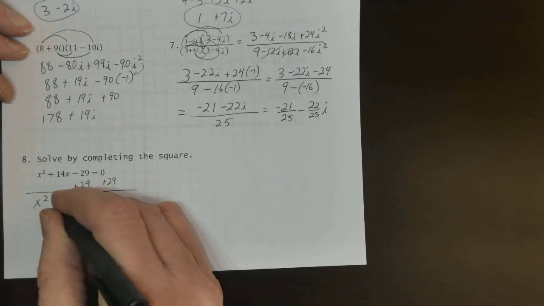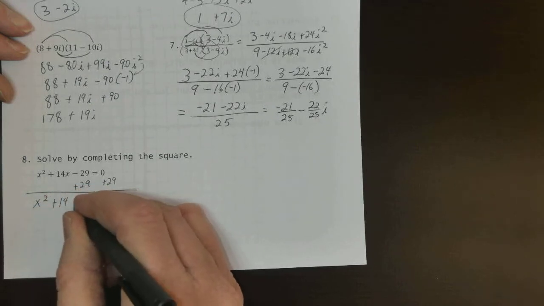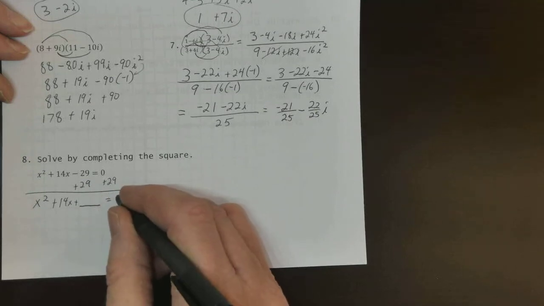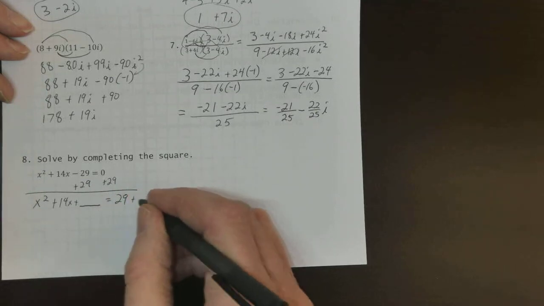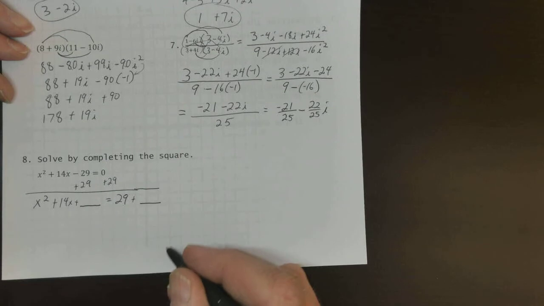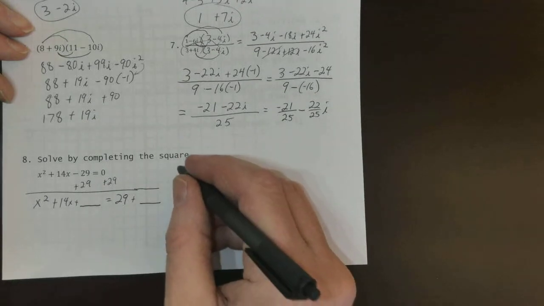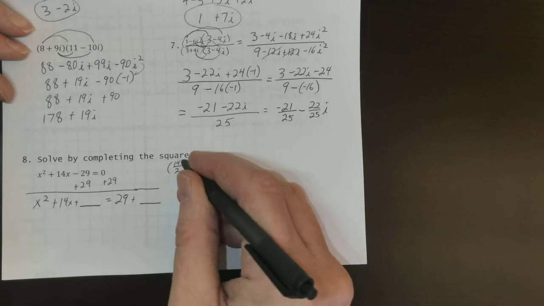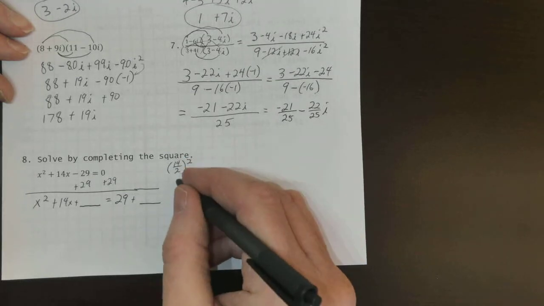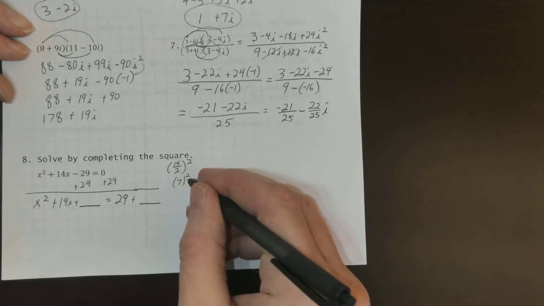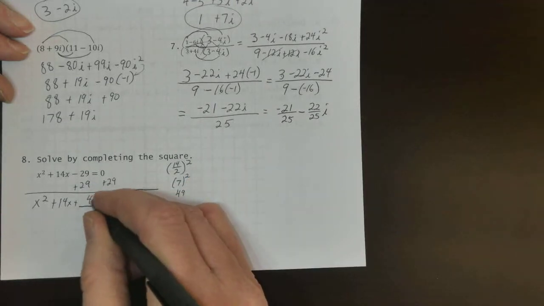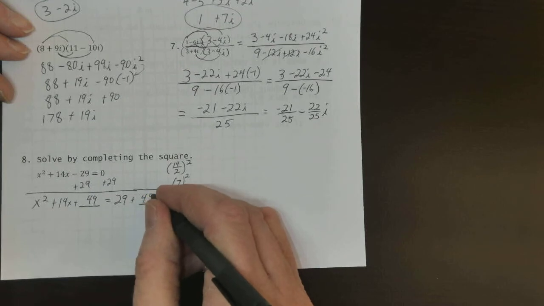So I have x squared plus 14x plus blank equals 29 plus blank. Remember, we got to go b, which is 14, over 2 and square that, and that is 7 squared, and that is 49. So I'm putting 49 here, 49 here,